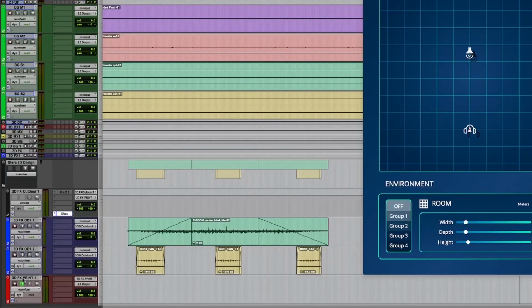Please ensure that the output of your print track goes directly into your main speakers and is not routed into further tracks to ensure that there are no audio delays. Once you print the 3D audio track, you can move the clip into the delivery or mix session as an